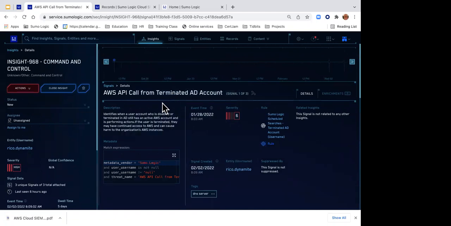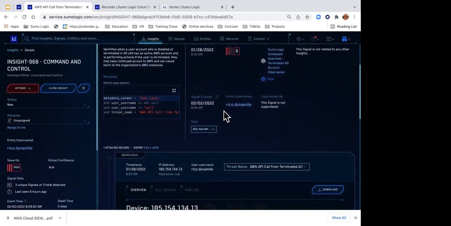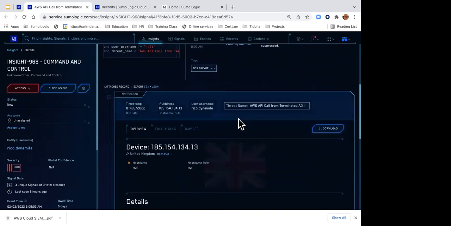You decide on your rules what score you want to give them. When I click on this, it shows me the information about this terminated Active Directory account. Here again, I can see the severity score, the time, who the entity was, the signal created, and the device IP address this came from.